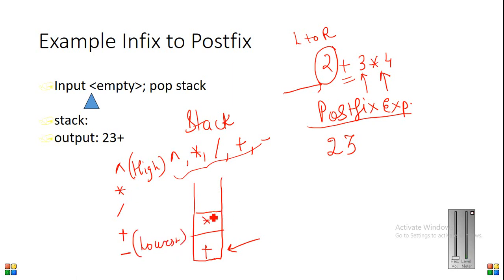Before this, the stack was like this, I had only plus here. Now I encountered another operator, which is asterisk. Now check in this list. I will say this is 5, 4, 3, 2, 1. Now I have plus in my stack already, and now I have encountered asterisk. Since 4 is greater than 2, assume this is a senior. Asterisk has more priority than plus. So asterisk can sit over plus, but the reverse is not true.